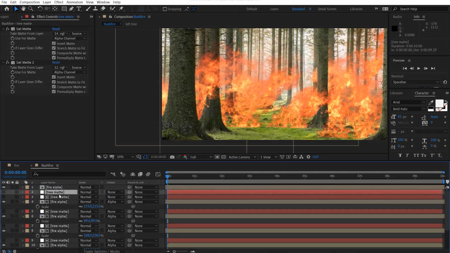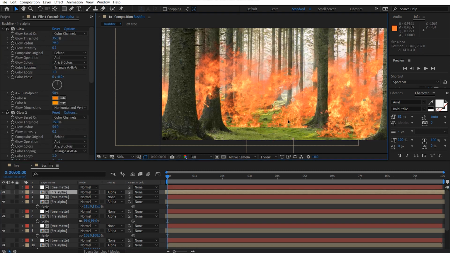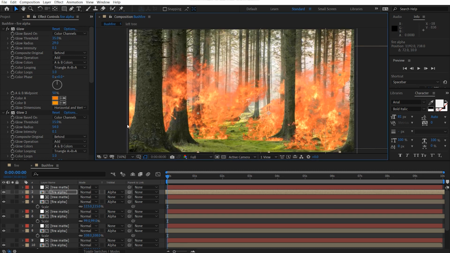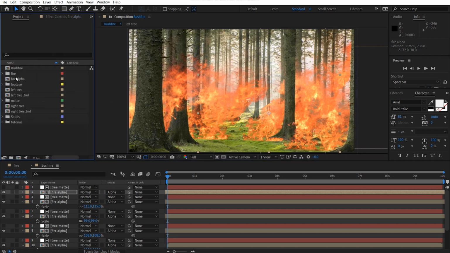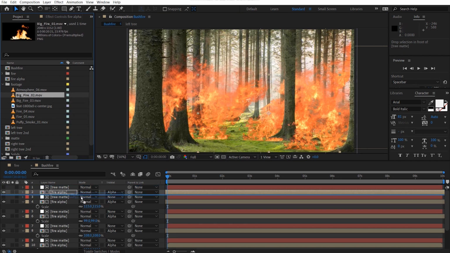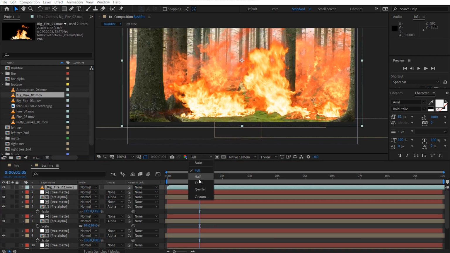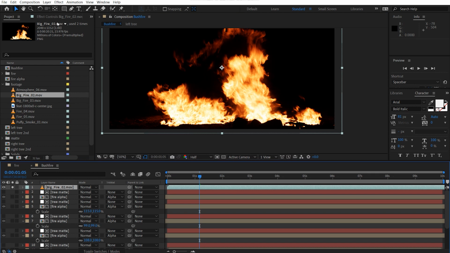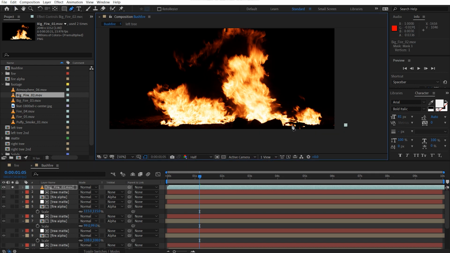So duplicate my tree mats, and I'll just go like that. Okay, so that's looking pretty good. Now we can start adding in some fire elements. So what I've got here is just some fire elements here. So I might add in this big fire, and I'll just set this to half res. So we got some fire here that's on screen, and we can just cut some of this